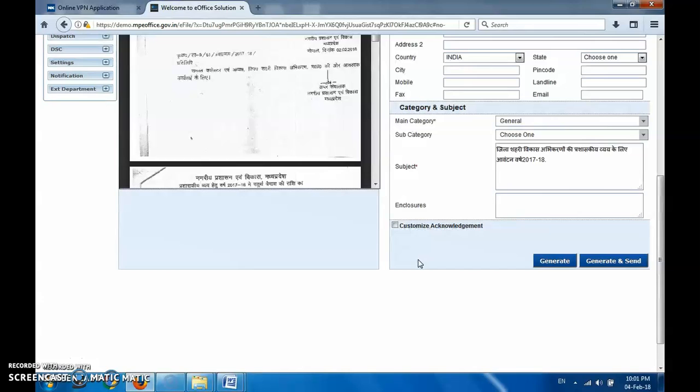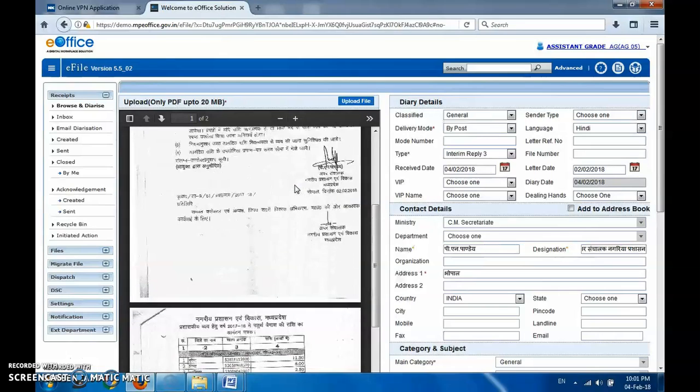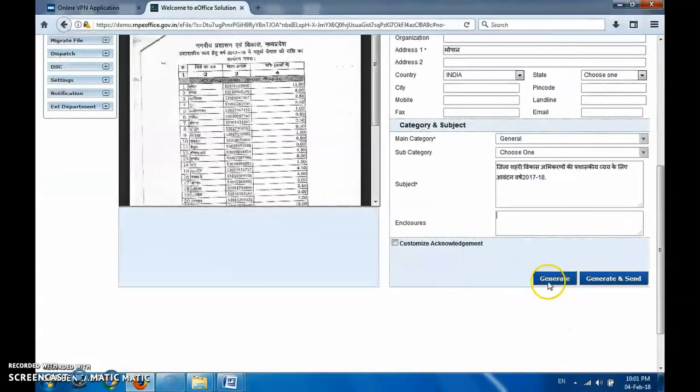Below, two options, generate and send, are there. What are these options? Let's assume I am clerk of the receipt section of the district urban office. As a receipt clerk, I have two options. Either I generate the receipt number and keep it in my inbox, or generate the receipt number and send it immediately to concerned persons. Through only the generate option, it is not sent to anyone, and in generate and send, it will ask us to whom it is to be sent. For now, I am just generating, and how we will send it, I will show in a while from another option. Click on generate and wait.